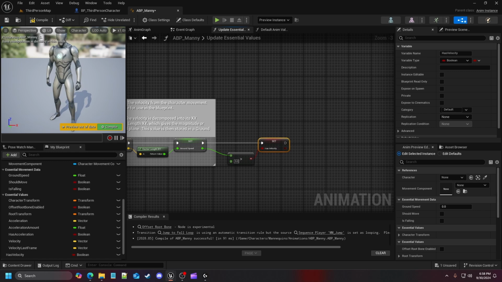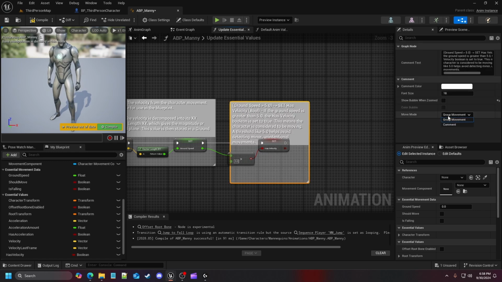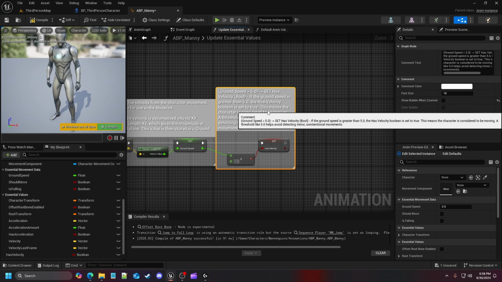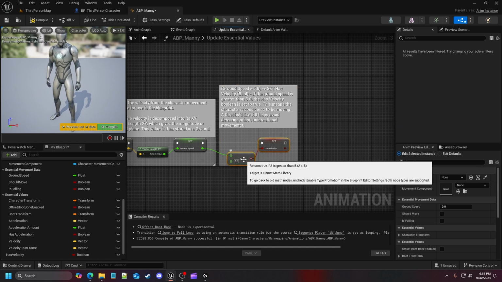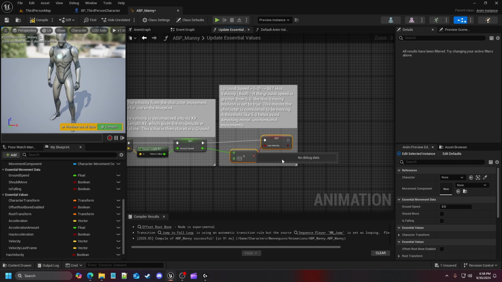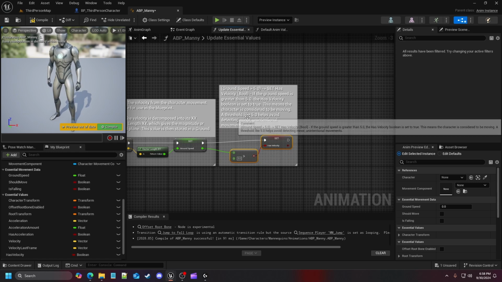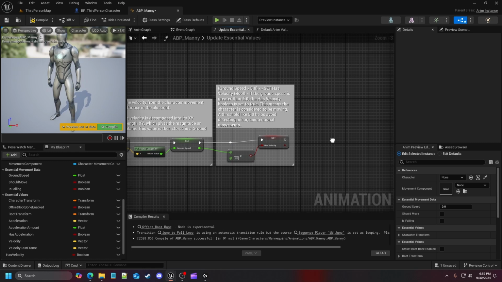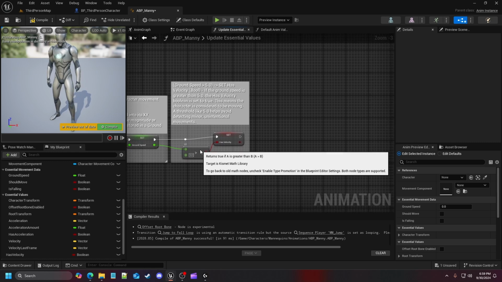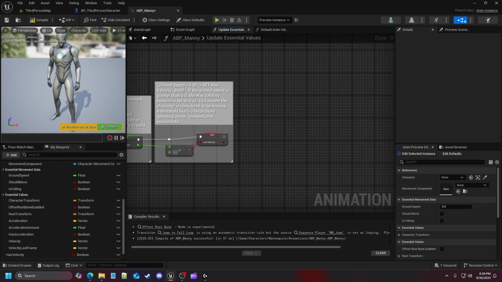So I'm going to go ahead and put my comment in here for y'all. So as y'all can see, if the ground speed is greater than 5, the has velocity boolean is set to true, which means that the character is considered to be moving, and a threshold like 5 helps avoid detecting minor unintentional movements and triggering animations. So now that we have that, we can go ahead and go into the next part,